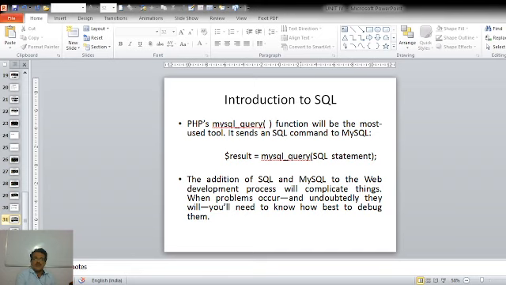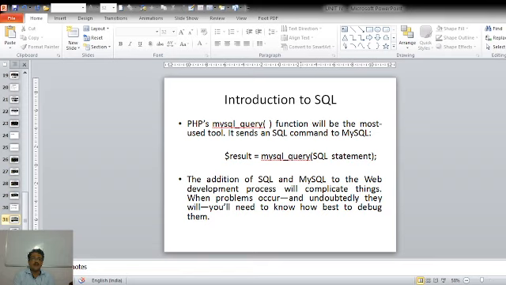So suppose we are using any version of PHP, and we see an error like undefined function mysql, something like this. Then we must understand that the PHP version we are using doesn't have the support for MySQL. This is the first thing we should remember.